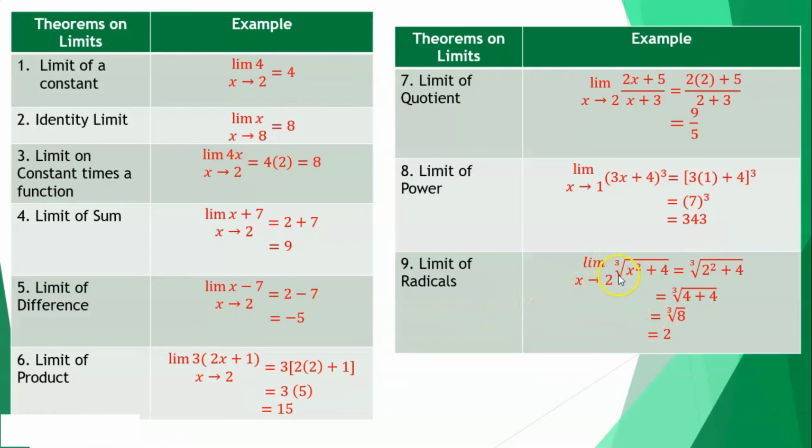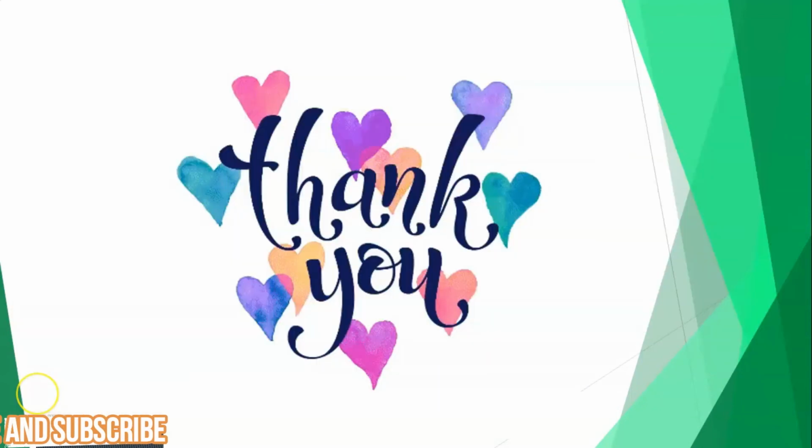And the limit of radicals. So the limit of the cube root of x squared plus 4 as x approaches 2. So at this point, substitute x by 2. So 2 squared is 4 plus 4 is 8. Take note, the cube root of 8 is 2. So take note, all of this summarizes the different limits that we had. Okay, so take note. So that would be all about